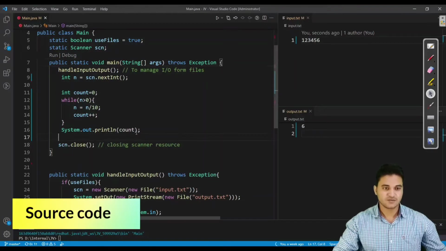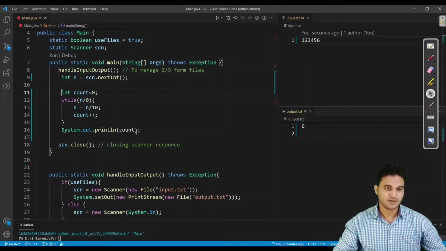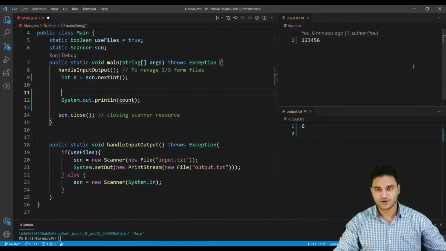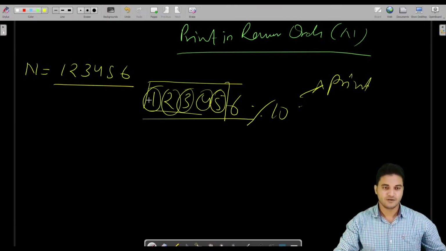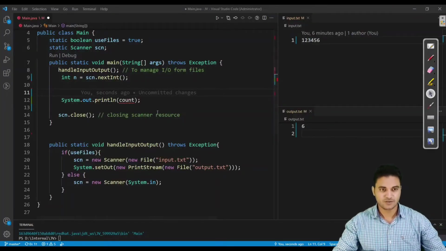So let us see this in action also. As you can see, I am taking input from the user. Let us erase this. What you have to do is take the remainder, and I also forgot one point here: till when you have to do this. Till the number does not become 0. If the number is not 0, that means there is a digit in this number which is left to print. So if the number is 0, then you have to break.